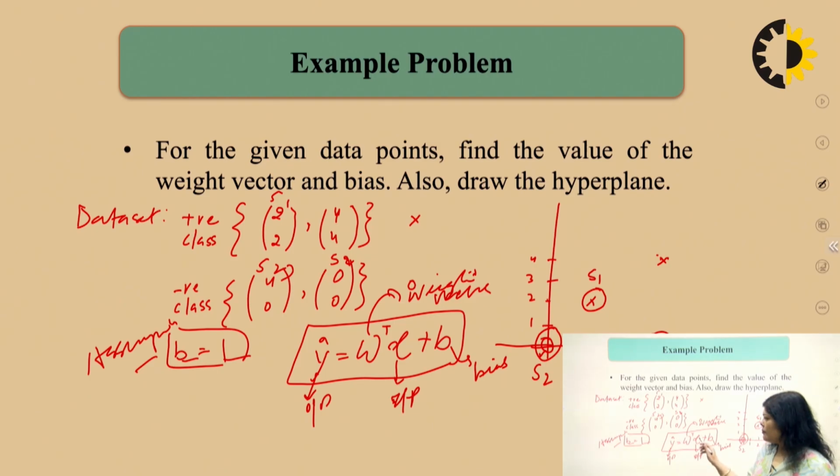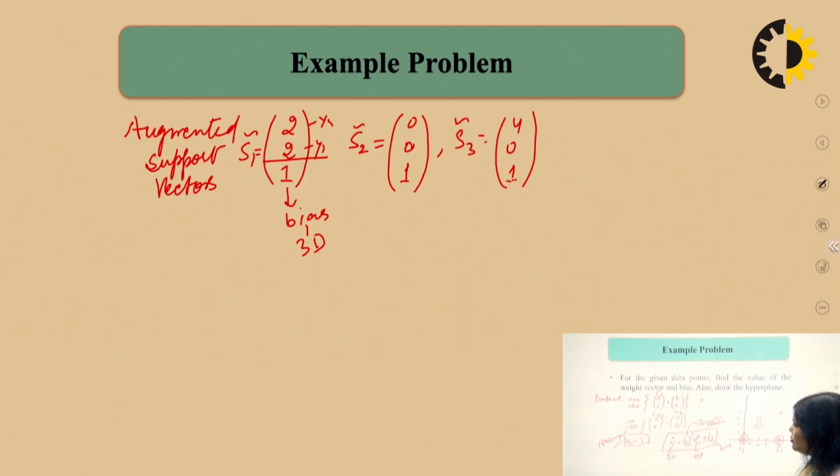So whenever I supply the value of x and put in the values of these parameters w and b, I will get the label information for this incoming point, right? So y is the label or the output. Now, to find out the parameters like w and b,